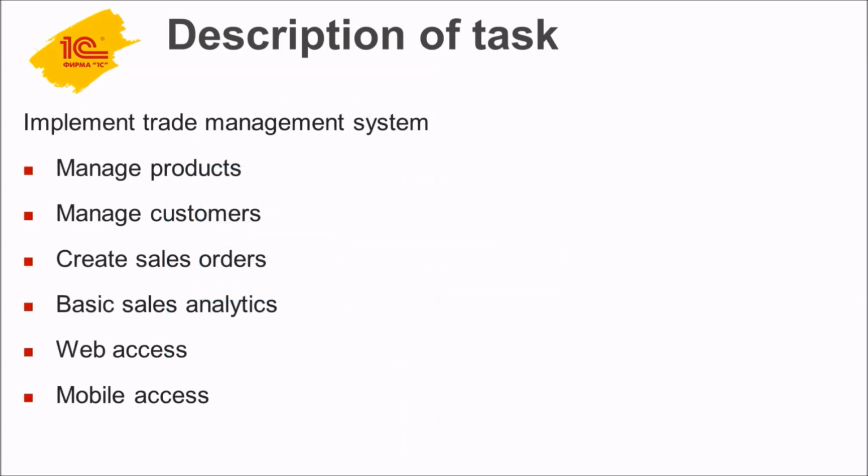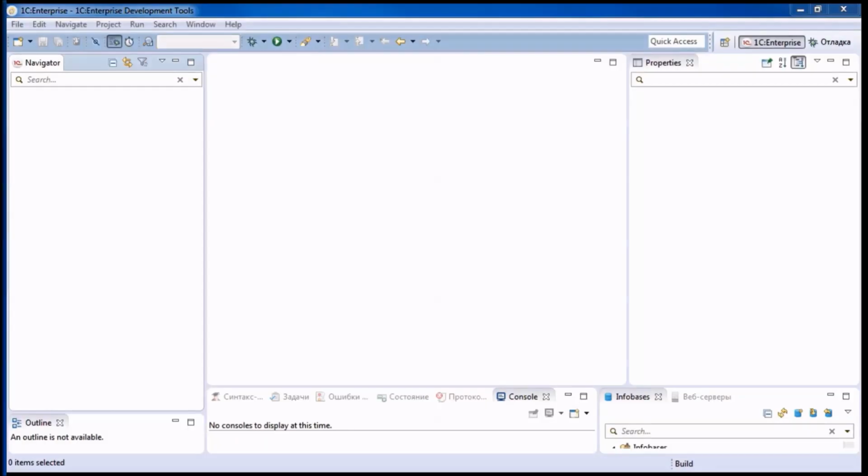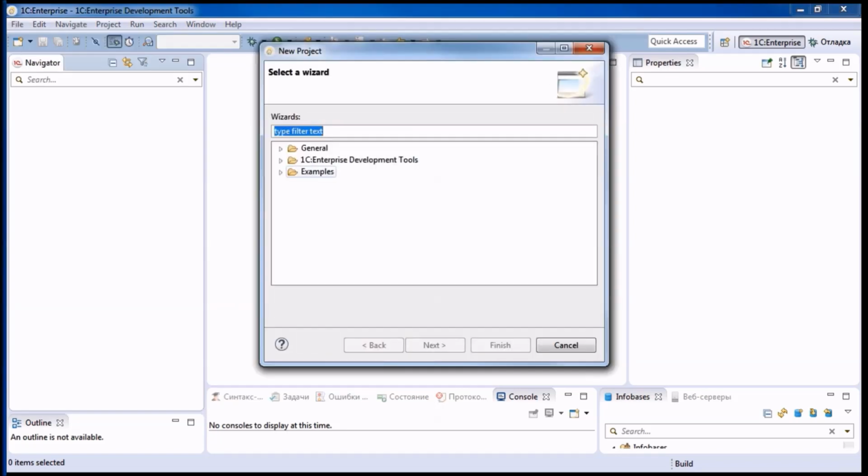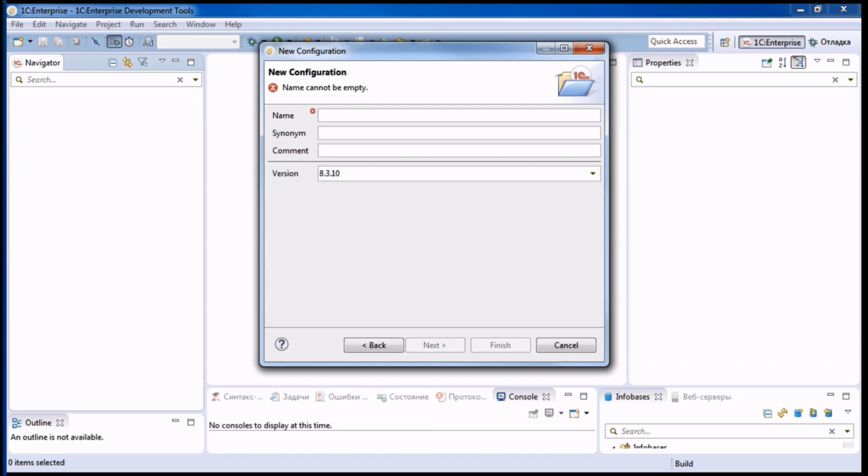System must be able to perform management of products and customers, creating sales orders, perform basic sales analytics, and must provide for end users web access and access via mobile devices. To implement trade management system in 1C Enterprise, we create new project, name it trade,